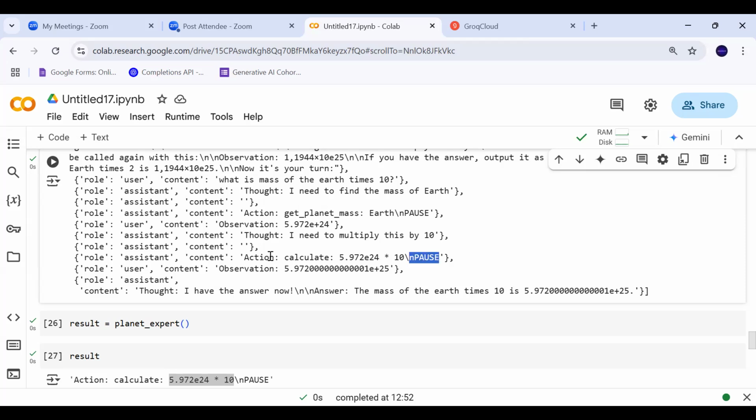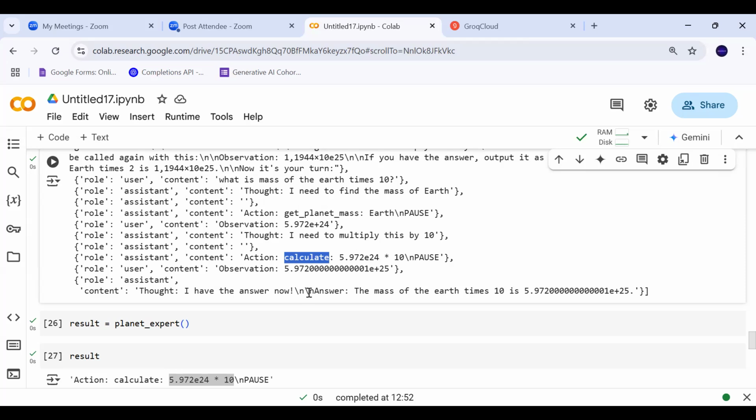Also, this pause and this action help us interpret the output from the LLM. When we are trying to automate, I will simply check the output from my LLM. If that output has the action word and also the pause word, that means it was able to find some suitable action. So I can parse this string. I will use some regex, a regular expression, to find the name of the action and its argument. Then I can take these words and call this function in the code itself.